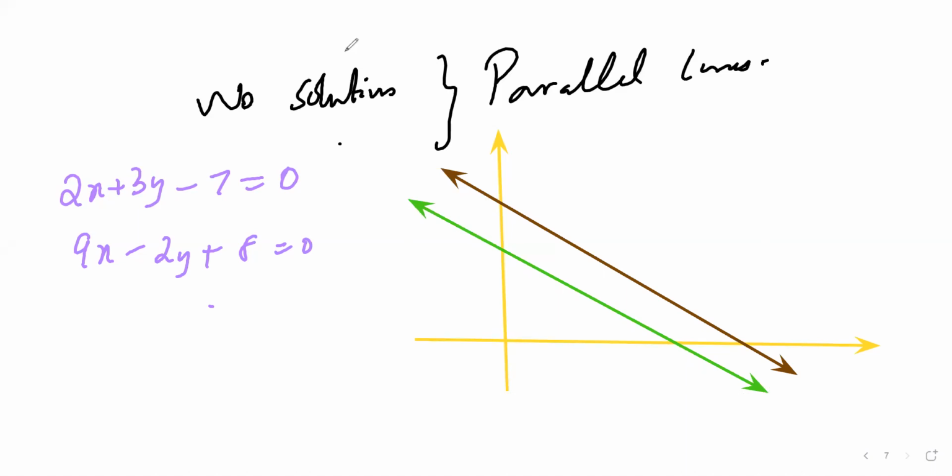Correct? Does it intersect anywhere? No, right? Then by common sense itself, we can say that there is no solution. There is a gap here. Only if it intersects at one point, we'll have a solution. If it is not intersecting, by common sense we won't have any solution. So we need not go with A1 by B1 or anything. If we want, we can just visualize and draw the graph. Then we will get it done. Clear? Everyone up to this?